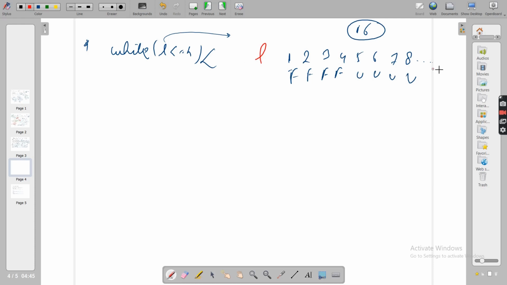Now you start from L, and let's keep H at 16. As I said, you can keep 16 by 2 as well. You can keep your H value to be k by 2. Okay, k or k by 2, you can keep any of it, they'll give you the same answer. But with k by 2 you are iterating from 1 to 8, while directly for k you will be iterating from 1 to 16. So it's up to you to decide what you have to choose. Can you go for k by 2? Obviously you can go for it, but this is up to you, how you think of it.